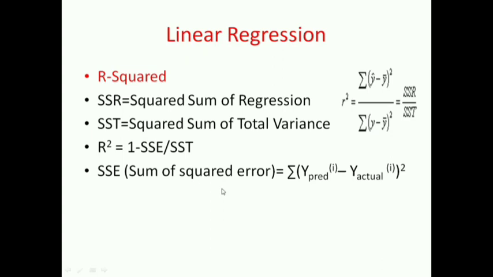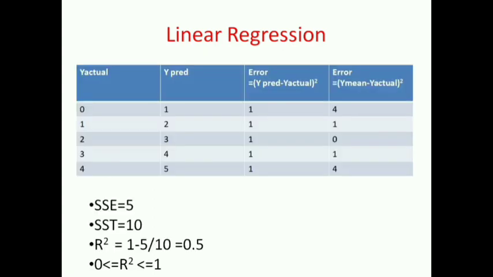Suppose you calculated all the values correctly, so that for all the points the predicted value of y and y actual are the same. Then this SSE will become 0, and the value of R squared becomes equal to 1. So let us see with an example how to calculate this R squared. See, this is y actual, and this is y predicted that you have predicted, and you need to take the difference between y predicted and y actual.